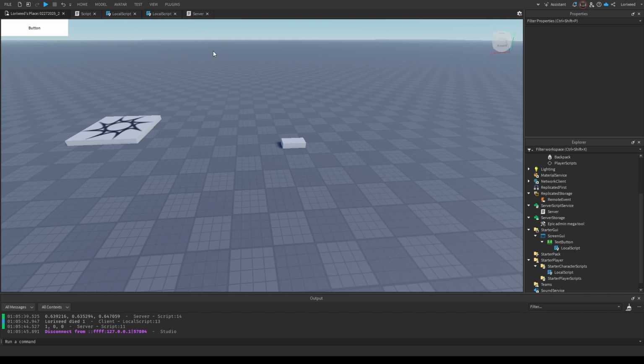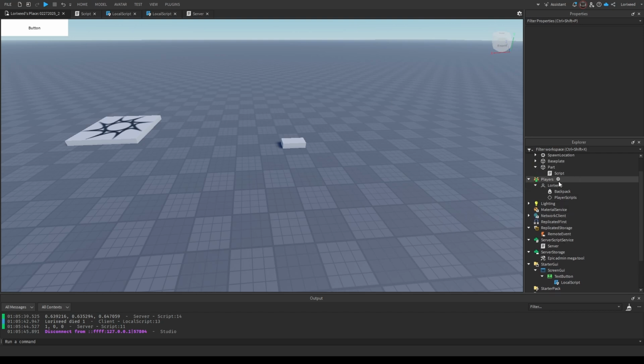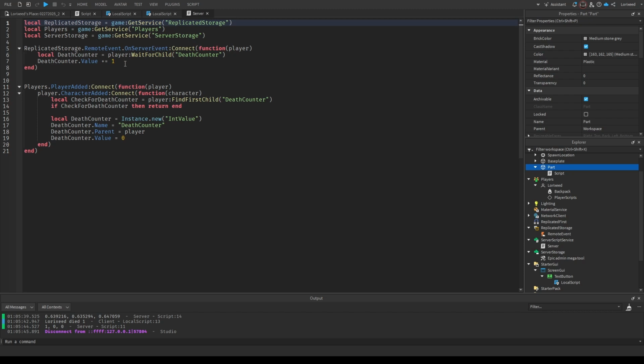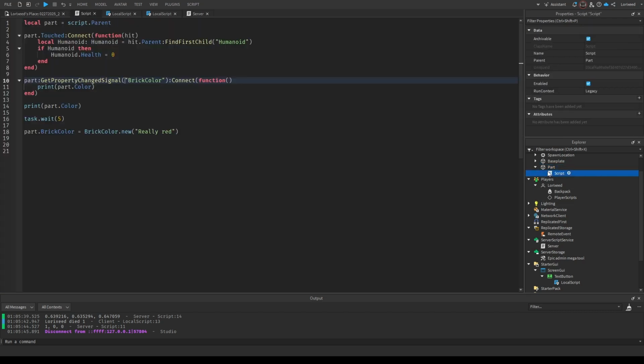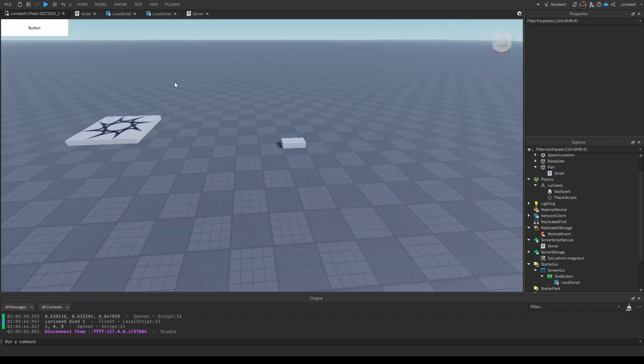I was going to show you how you would make a coin that increases a value in the player, but I've already done this with the death counter. So let's say instead we would make this a coin, yada yada yada. It's basically the same principle,